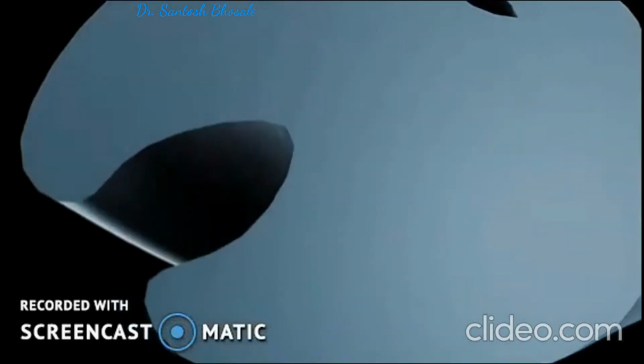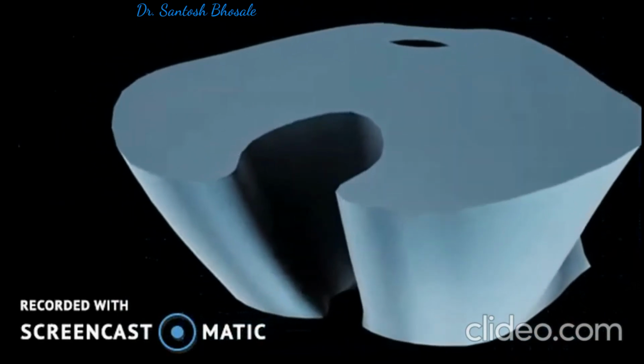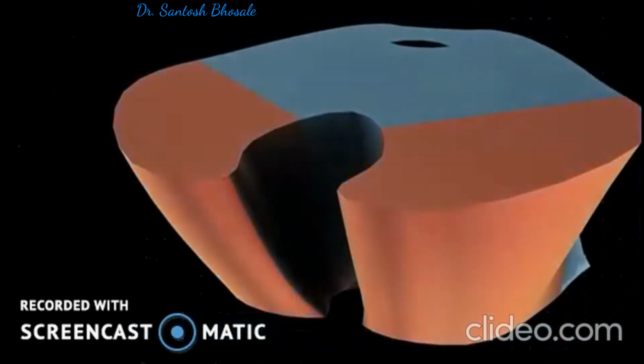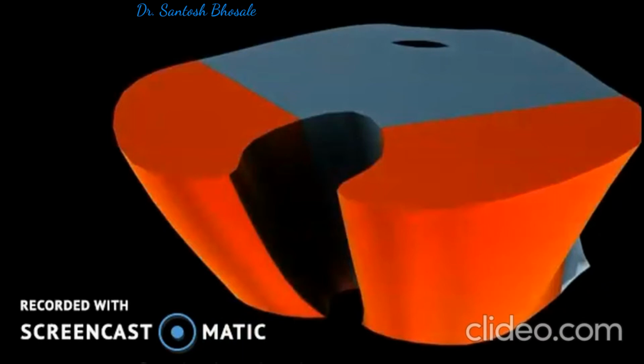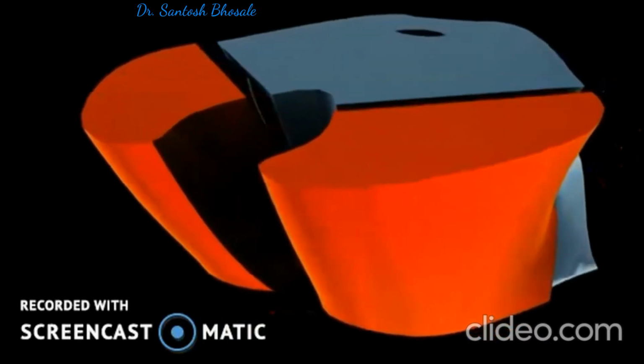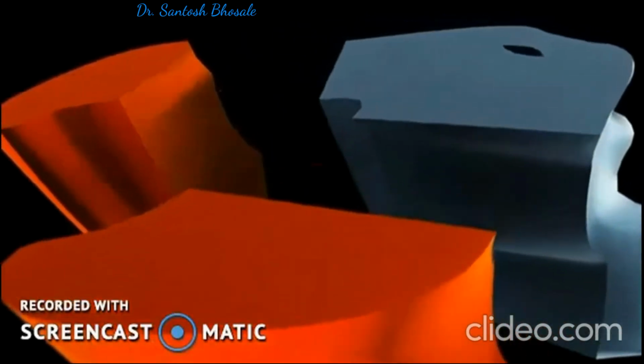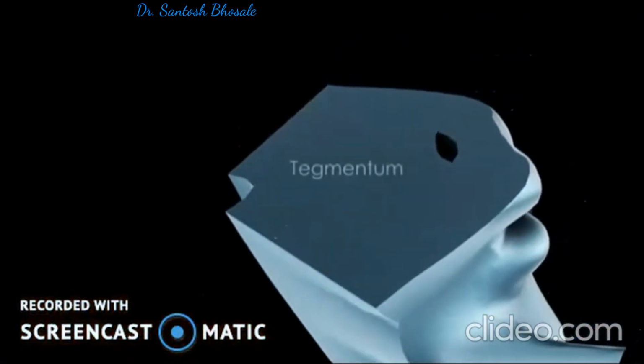When you see the midbrain, it shows these two cerebral peduncles having the crus cerebri, substantia nigra, and tegmentum. What you can see? Yeah, this red zone is crus cerebri. Then you will see the cerebral aqueduct. In front of that, you can see tegmentum, and behind the imaginary plane passing through the cerebral aqueduct is tectum. So, these are the parts of midbrain.